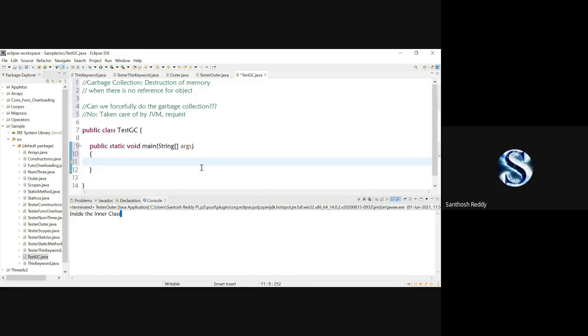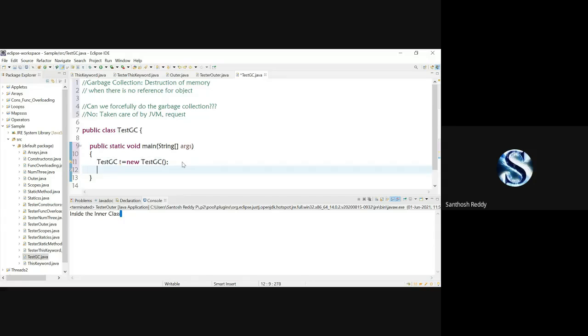So what I'll do here, I'll create the same class object: Test t = new Test, in a class called TestGC.